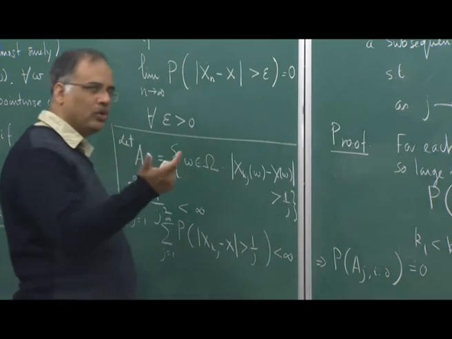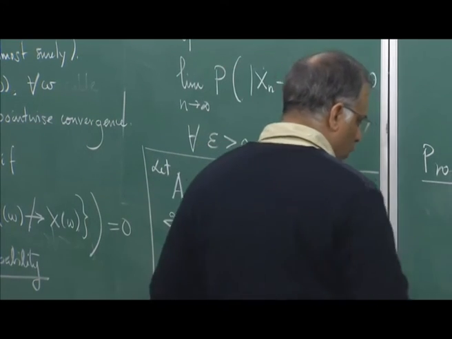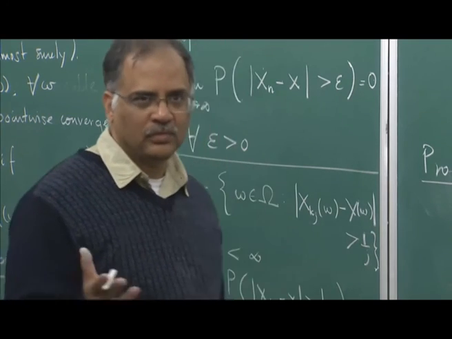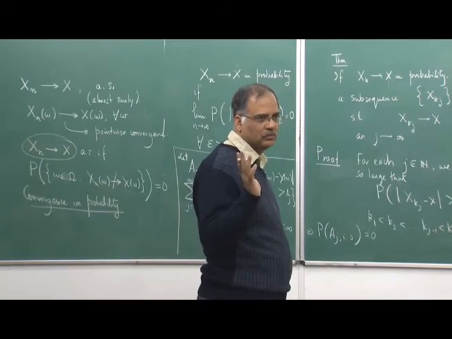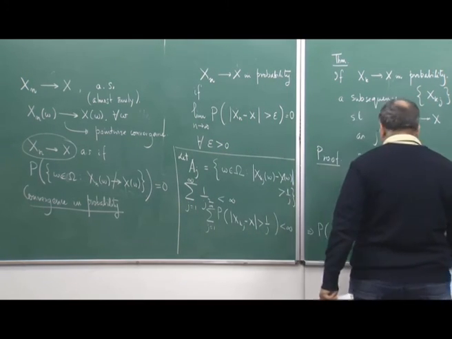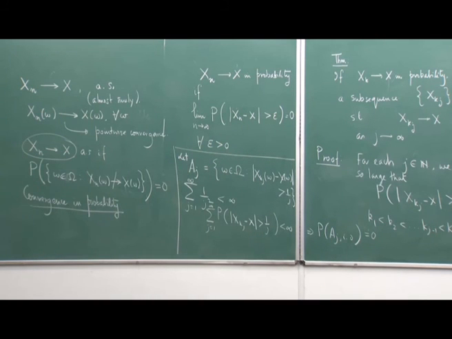Sample points omega do not occur infinitely often. So what does this mean? That for almost all sample points, except a few of them, here is something we now have to look into. So for almost all sample points,